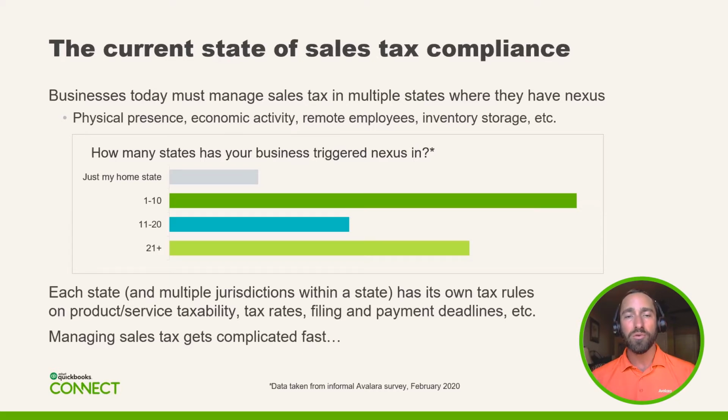And in totality, it's going to be based on, you need to be thinking the states that you have the highest amount of sales in. So if you sell a product that's very geographically based, like say big furry winter parka coats, and you sell them to the Northeast, you'd want to primarily look at those states and see if you've hit a threshold in those particular states. But now it's going to require businesses of all sizes to have to monitor their economic nexus thresholds and see if they've hit any thresholds and or if they need to get registered.